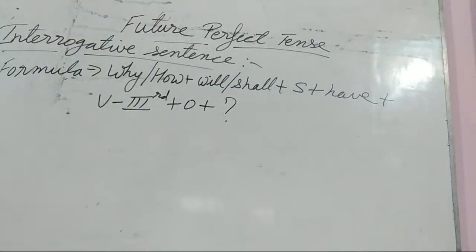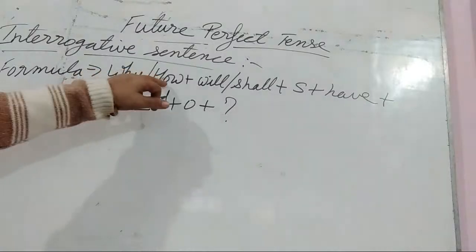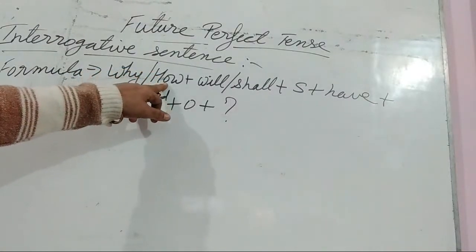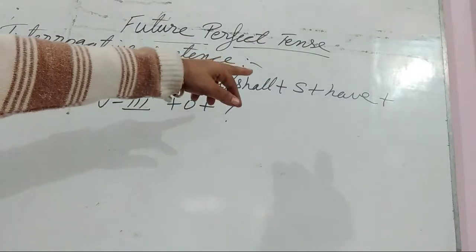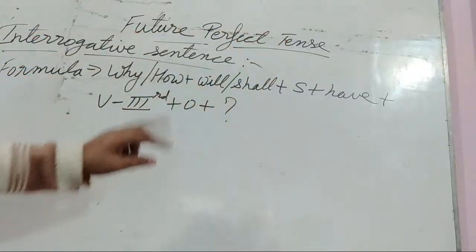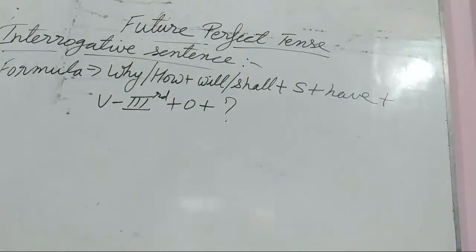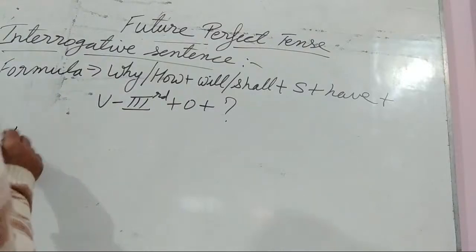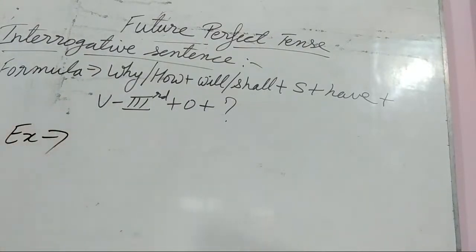So as you can see on the board, the formula for the interrogative sentence in future perfect tense is why or how plus will or shall plus subject plus have plus verb third form plus object and a question mark. Okay, now let's see the example related to it. The example related to the interrogative sentence in future perfect tense is